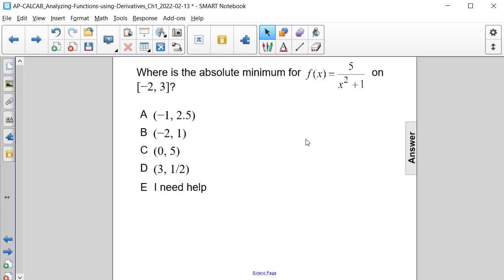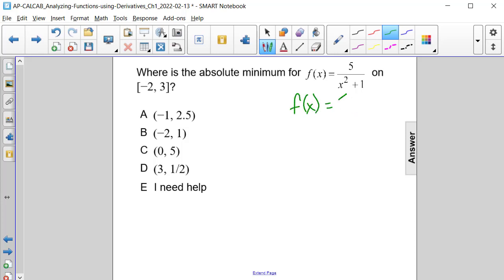Where is the absolute minimum for f(x) = 5/(x² + 1) on the interval from -2 to +3? Let's first begin by rewriting f(x) so that it is one line instead of a quotient. That would be f(x) = 5 times (x² + 1) raised to the -1st